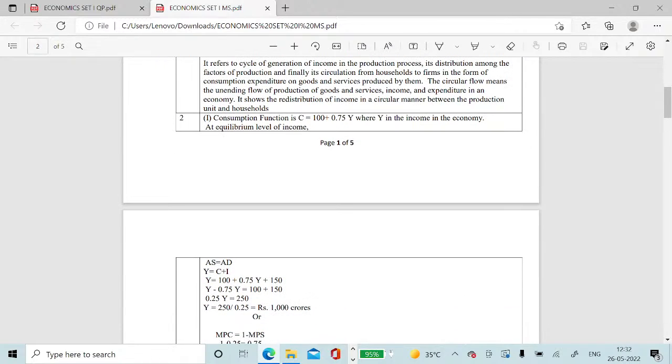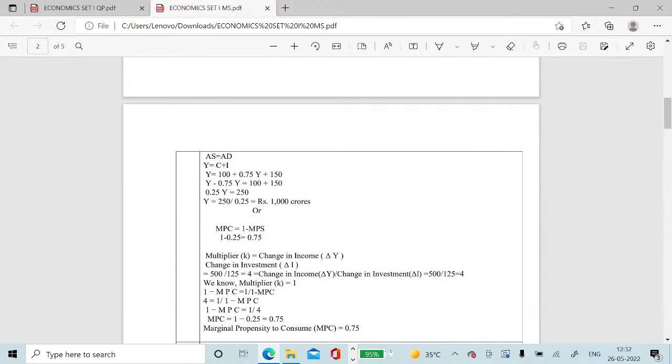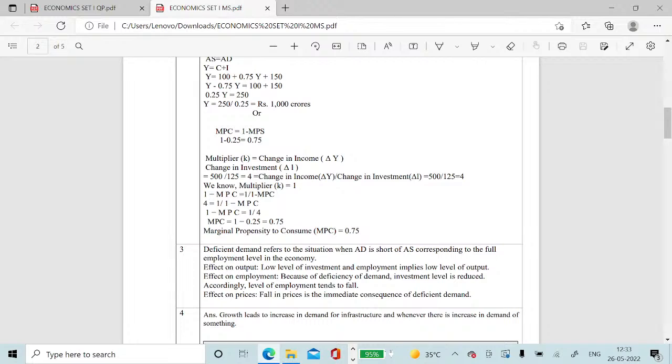सेकेंड में कंजम्पशन फंक्शन में दिया हुआ था C = 100 + 0.75Y, where Y is the income in the economy. At equilibrium level of income, aggregate supply equals aggregate demand. This implies Y = C + I. तो इसको इक्वल पुट कर देंगे Y को C प्लस I, 150 करोड़ जोड़ दिया, तो अब सॉल्व करने के बाद Y की वैल्यू आ जाएगी 1000 करोड़। और वाले का सॉल्यूशन भी दिया हुआ है।